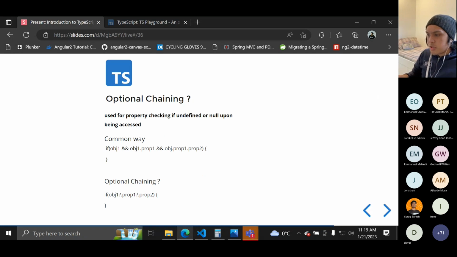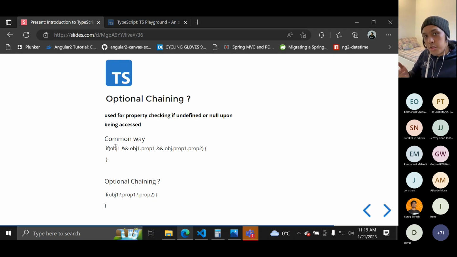Next is optional chaining, another way of making code simple. It's used for property checking, if the property that you are trying to access is null or undefined. This is not just a simple way, but also a way of preventing access to undefined objects. For example, we have the common way.